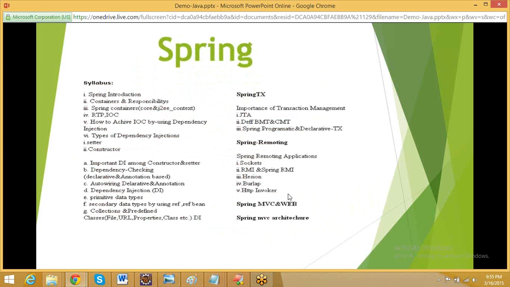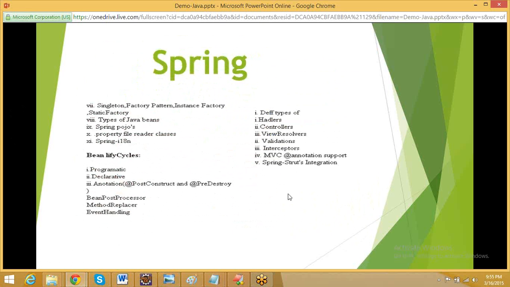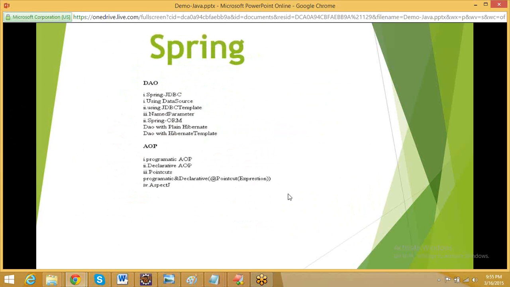We can say all this is MVC, and this is the Spring framework we are displaying, with examples. There are a lot of development features: validation, view results, control handlers, interceptors. We are going to discuss these, and also why we compare it with Struts, along with the life cycle. These are the topics we are going to discuss. As I told you, IOC, AOP, and DAO are also going to be discussed.